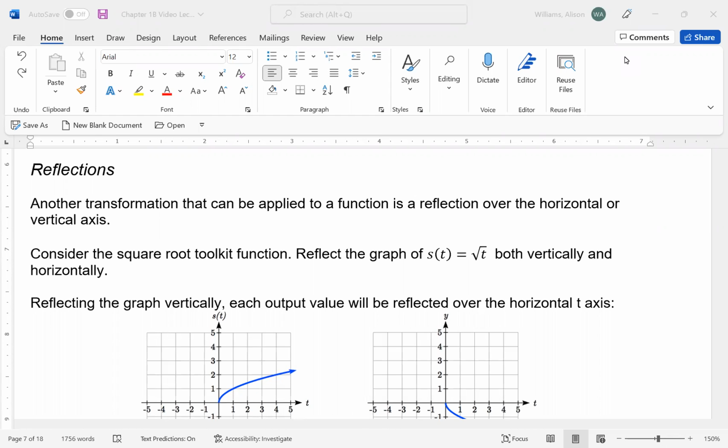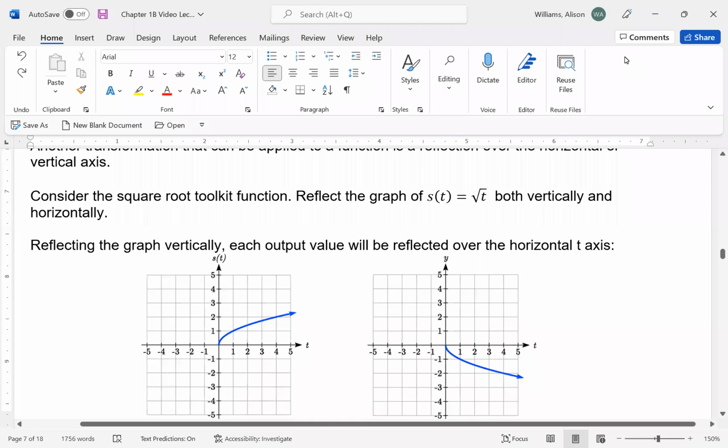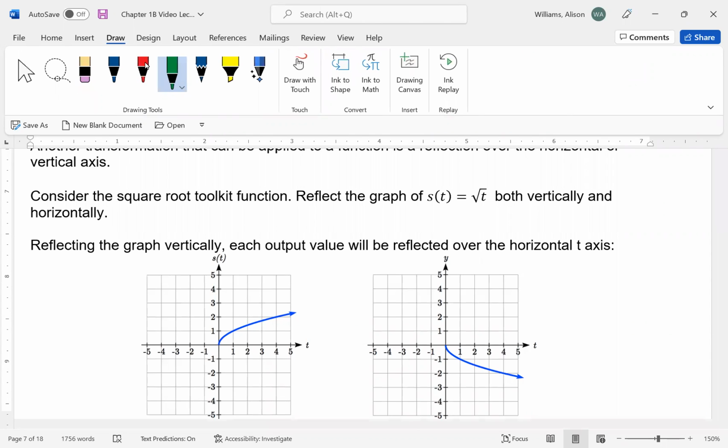So vertically, or over the horizontal axis in this case, that's what the reflection visually is going to look like. But let's notice that what's really happening is that each output value, maybe not so much at 2, but 4, is becoming a negative. So instead of going to positive 1, it went to negative 1. Instead of going to positive 2, it went to negative 2. And that's kind of how that ends up playing out. That's a vertical